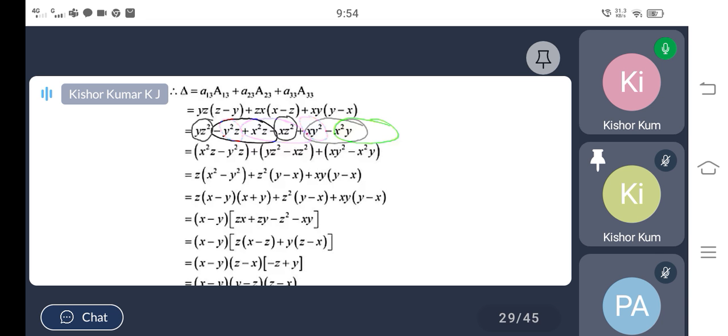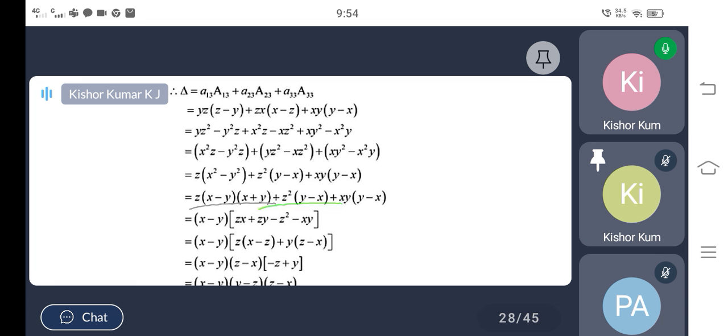So if you have taken the z common, it will give x square minus y square. In the second element, z square is common, it will give z square into y minus x. And in the third term, we can consider xy common, and finally it is y minus x. And after this, we can do one more thing. In the first term, it is x square minus y square. We can apply the formula a square minus b square, that is a plus b into a minus b. The same formula, you will get z into x minus y into x plus y plus the remaining terms as they are.